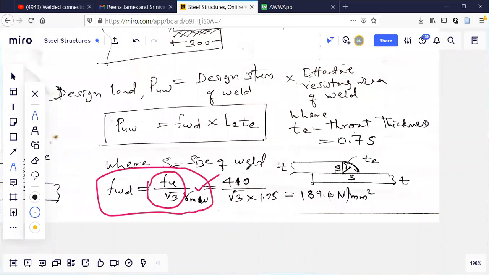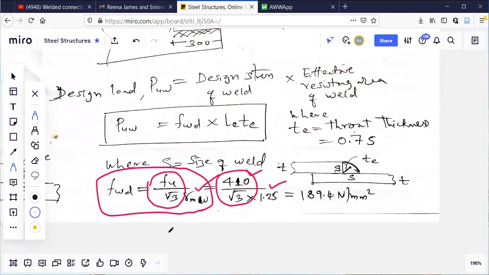So 410 by root 3 is the ultimate strength in the weld. Permissible strength in the weld is this number divided by the partial safety factor, which is 1.25.